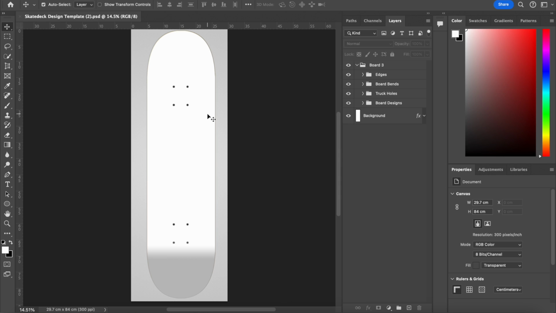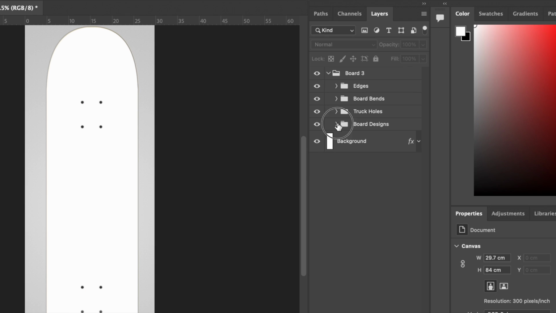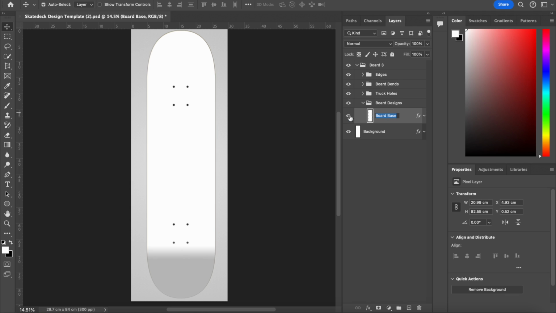And the main thing you need to know to start is that Photoshop works in layers. So this template here has been organized into layers for you, and every section of a layer is in a folder, apart from the background. So we've got the board layer, and then these things you don't really need to access. The only section that you need to use is the board designs layer folder. So you want to drop that arrow down and open up. If I toggle this off, you can see the design is gone, and if we bring it back,